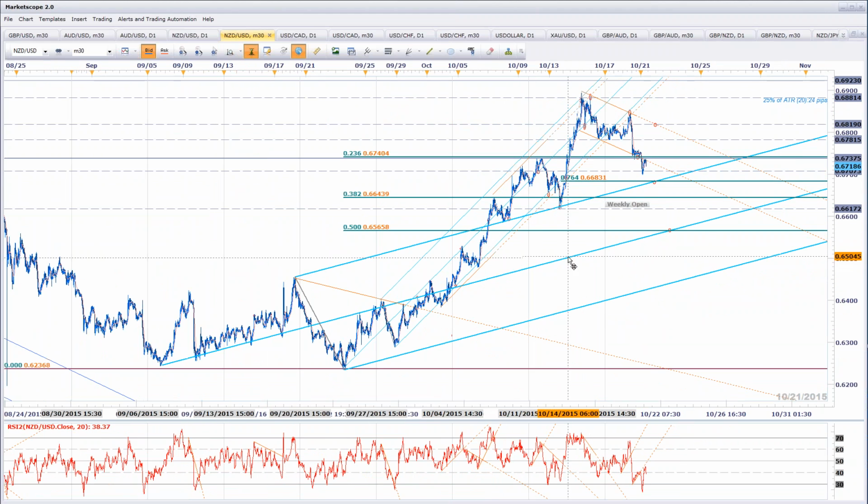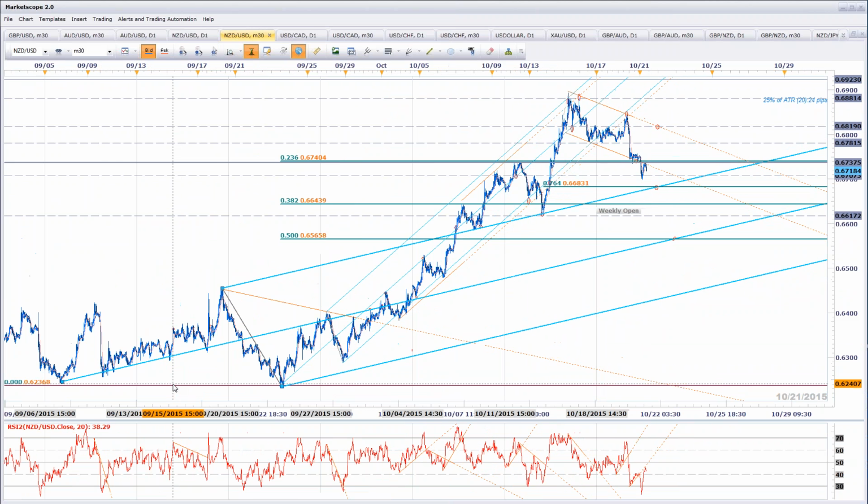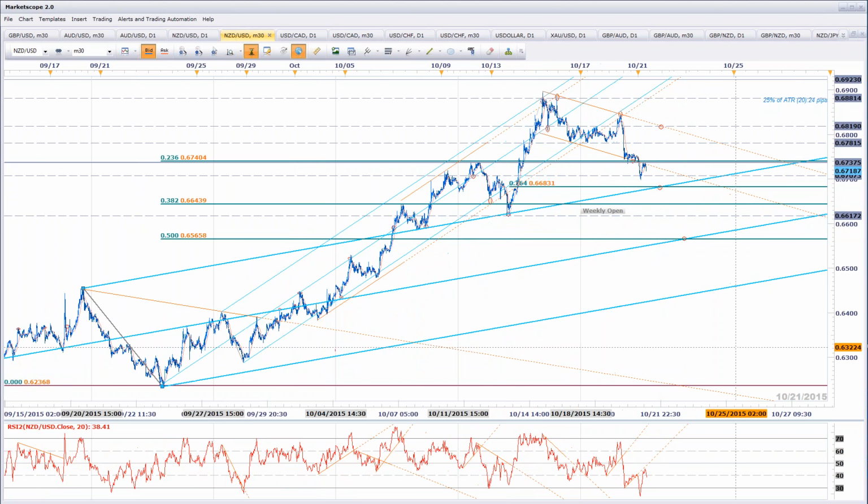I'll just bring your attention to this ML formation that dates back to the lows from September. We broke through the highs here in early October, and twice we've tested the former upper median line parallel as support. Rebound, test as support. Rebound as support. Or on a breakdown, much steeper correction to the downside. So this is sort of the pivot and the major key level here for Kiwi in the immediate term.